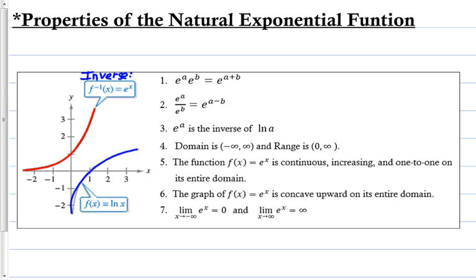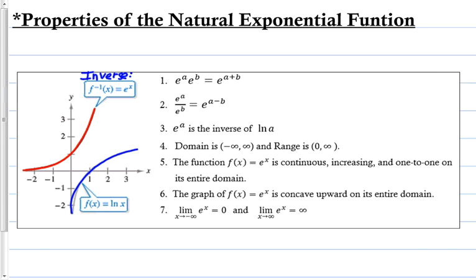So the first few properties are basically what we're going to need to solve equations, right? I started off with the easy stuff. So we might not use all of these today,